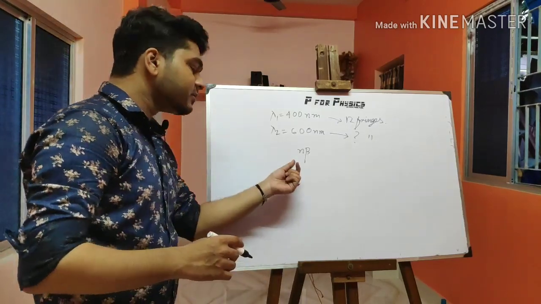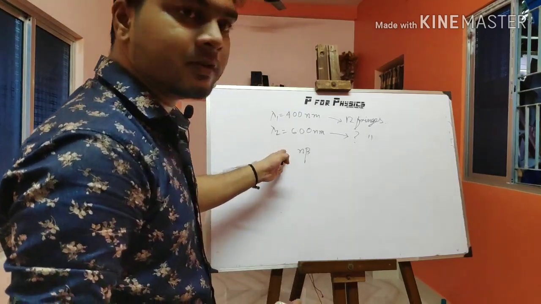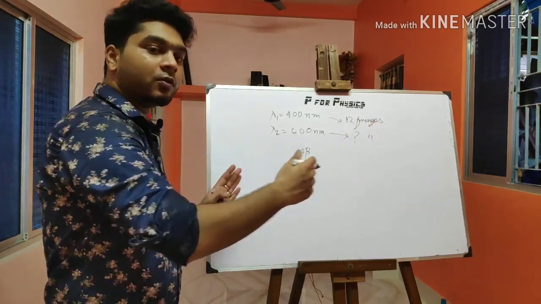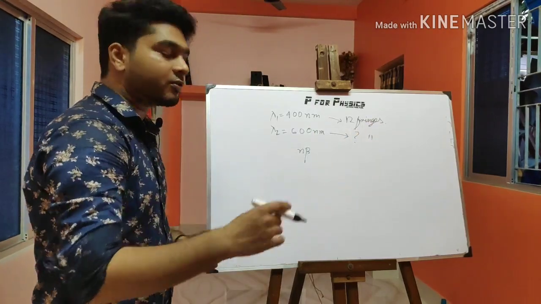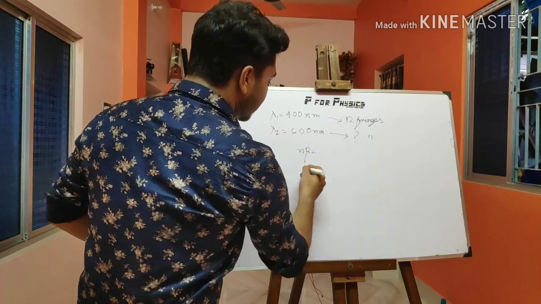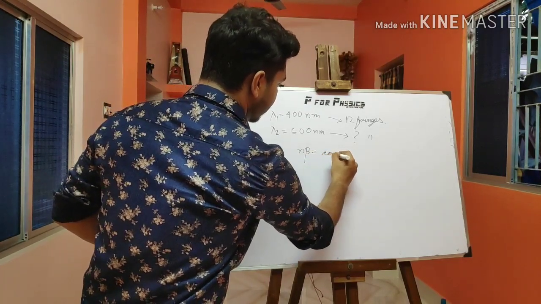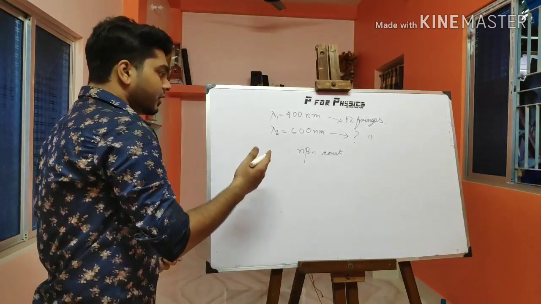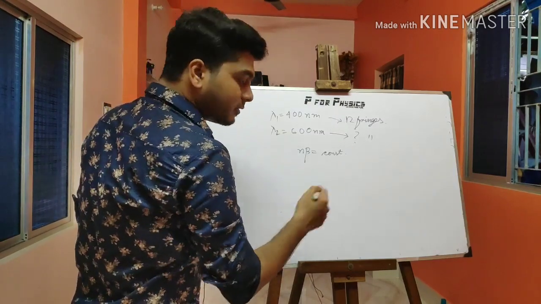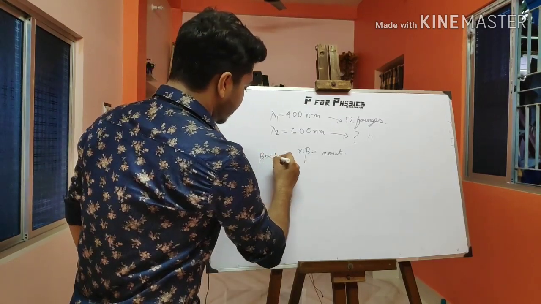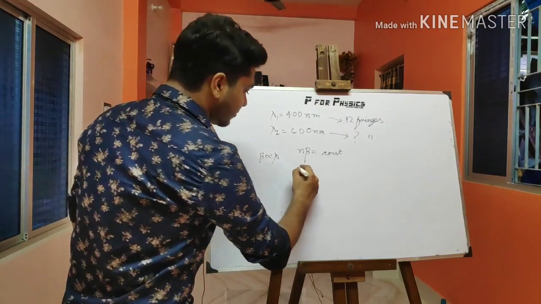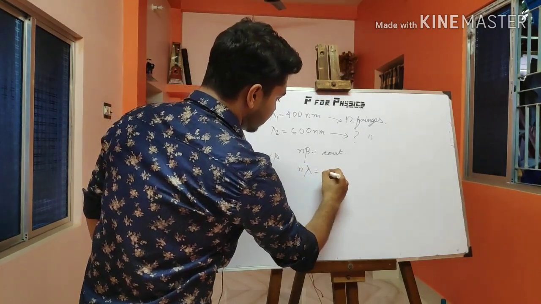So if you change beta, obviously the number of fringes will change, but the total distance on the screen would not change. So simply n into beta is constant, and as we know only the wavelength matters, beta is proportional to lambda. It should be n into lambda constant,